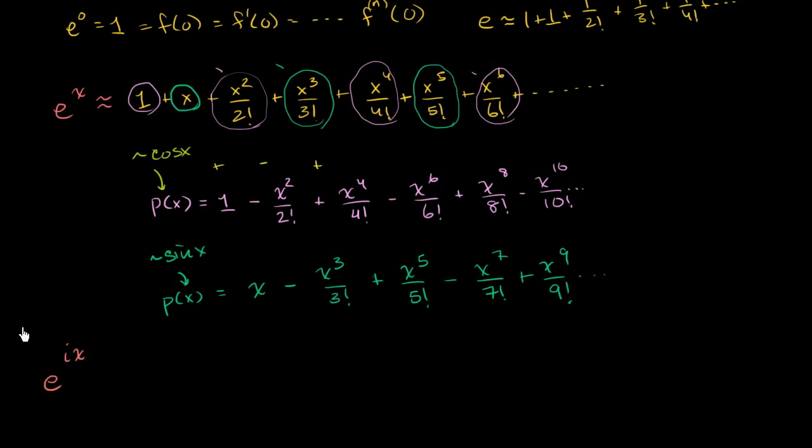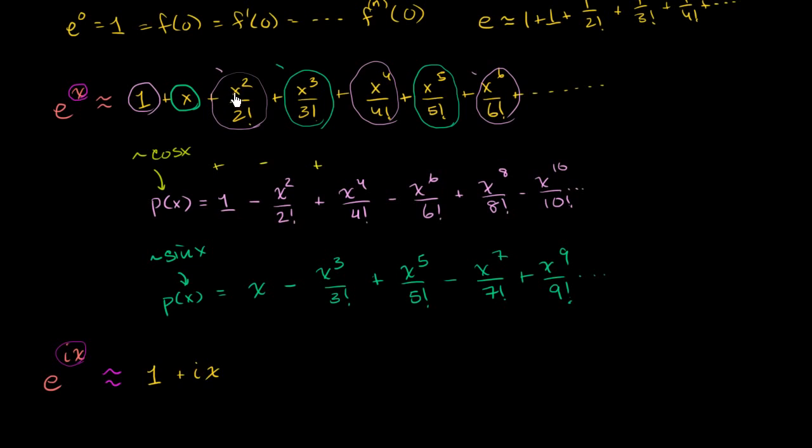So what happens if we take e to the ix? Once again, it's just like taking the x up here and replacing it with an ix. So everywhere we see the x in its polynomial approximation, we would write an ix. So let's do that. e to the ix should be approximately equal to, and it'll become more and more equal. And this is more to give you an intuition. I'm not doing a rigorous proof here, but it's still profound. Not to oversell it, but I don't think I can oversell what is about to be discovered or seen in this video. It would be equal to 1 plus, instead of an x, we'll have an ix, plus ix, plus,